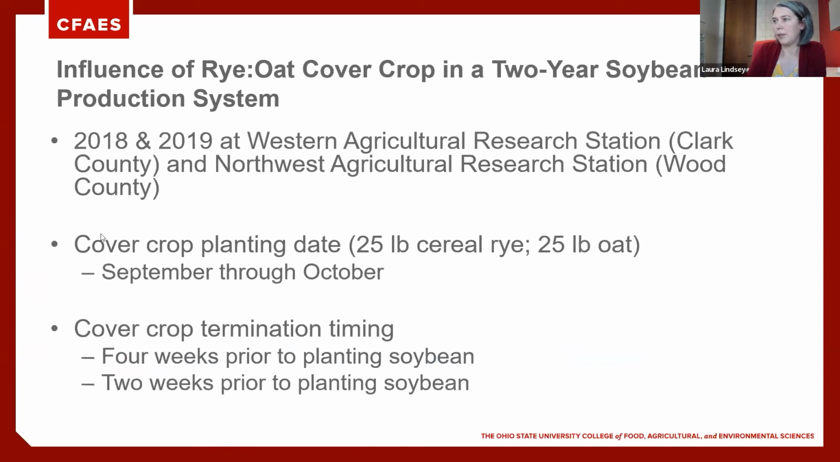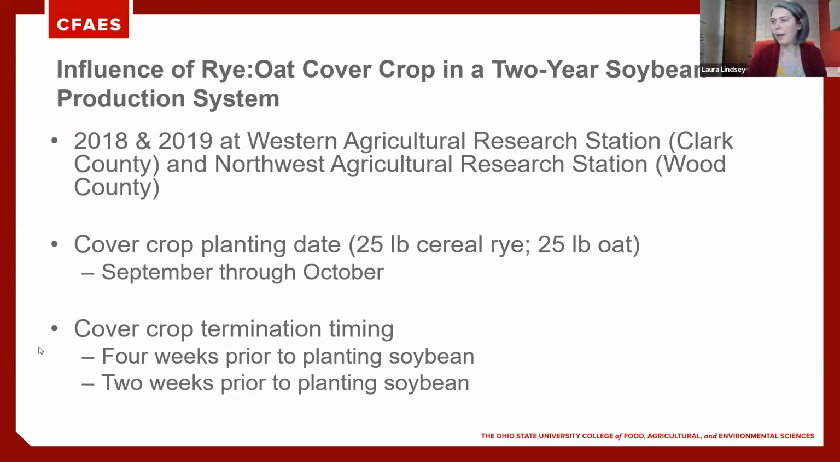So this is a 2-year study that's now complete. It was in 2018 and 2019, again at the Western Agricultural Research Station in Clark County. And then instead of Worcester, we did this one in Northwest Ohio at the Northwest Agricultural Research Station in Wood County. Here we looked at cover crop planting date. And so we had a 50-50 mix of cereal rye and oat, so 25 pounds of each. And then we had different planting dates. We targeted 4 planting dates. It didn't always happen that we had 4, but we looked at September through October for our cover crop planting